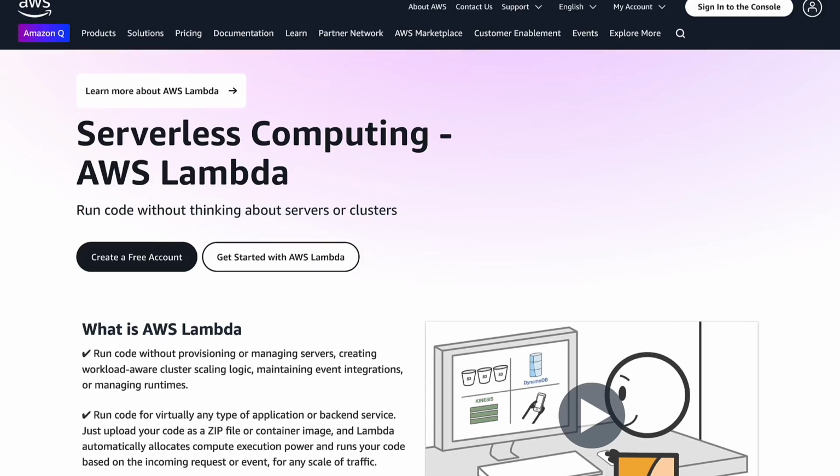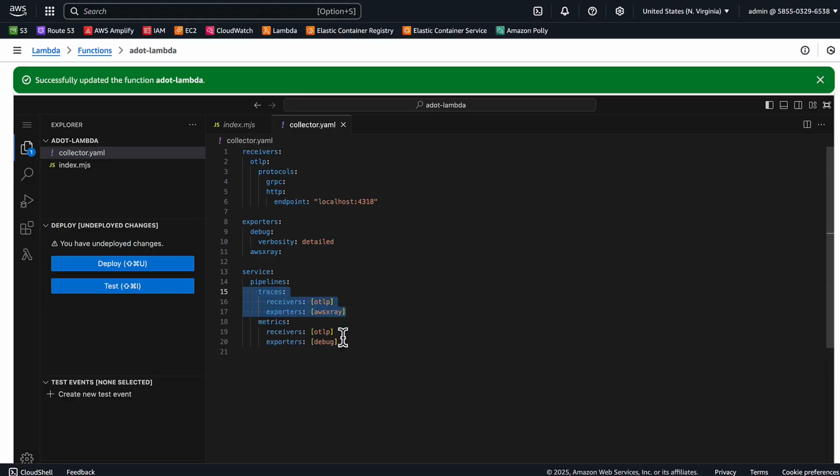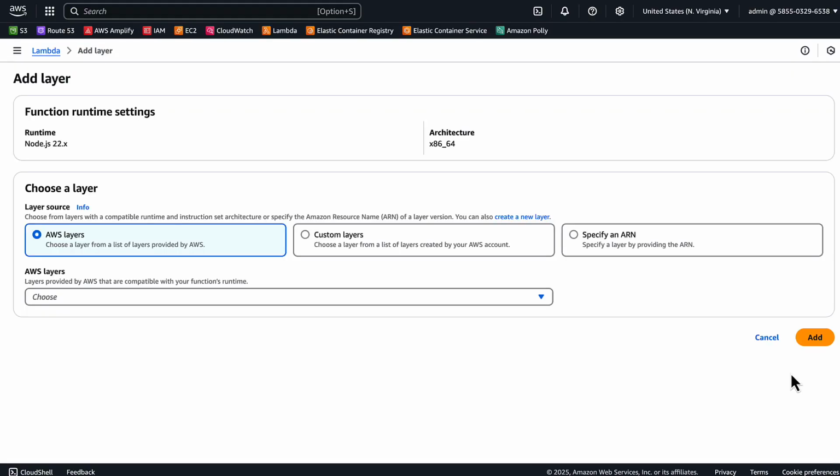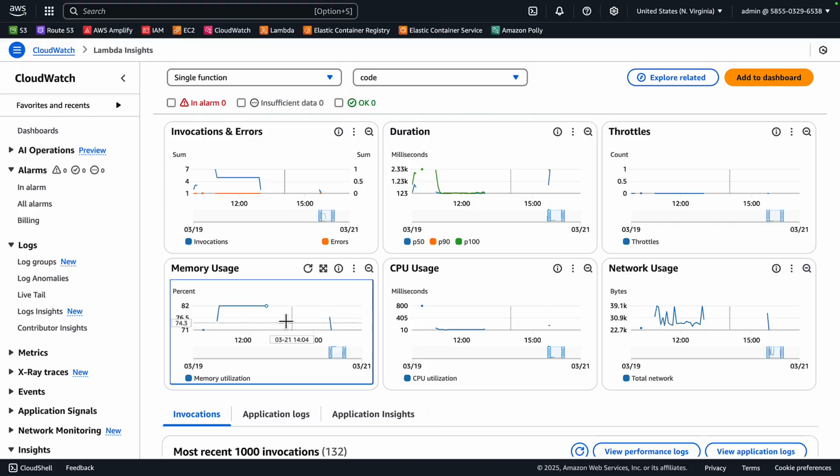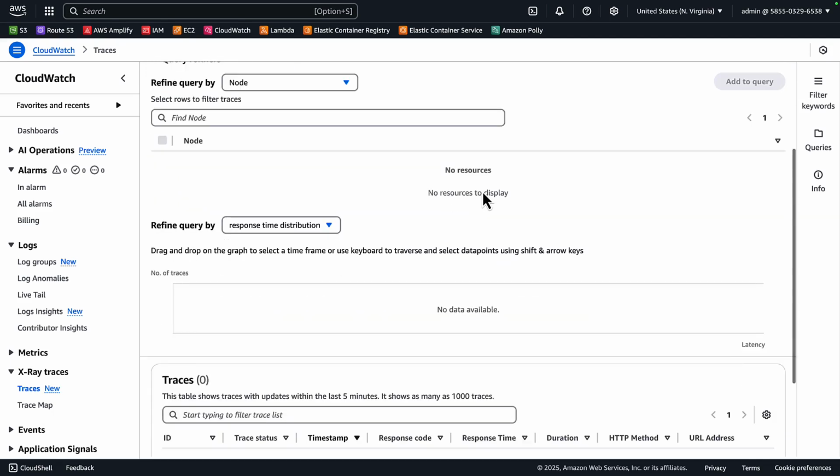Did you know that you can receive and export telemetry data, so logs, traces, and metrics, from an AWS Lambda using the OpenTelemetry collector just by adding a simple layer? Let me explain. Yes, AWS already provides telemetry data for Lambdas, but it's not the most straightforward to configure and